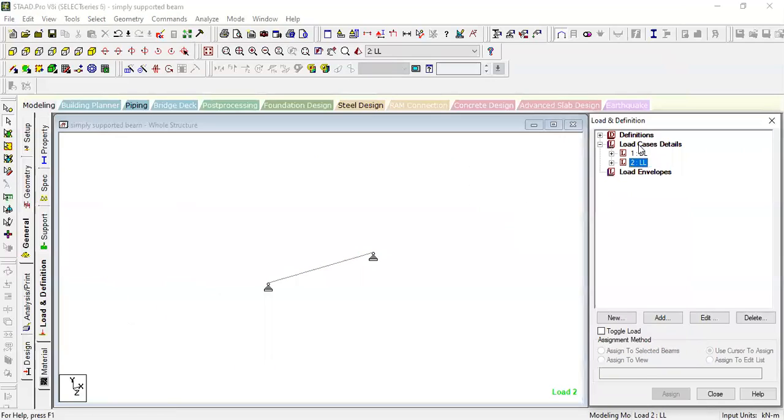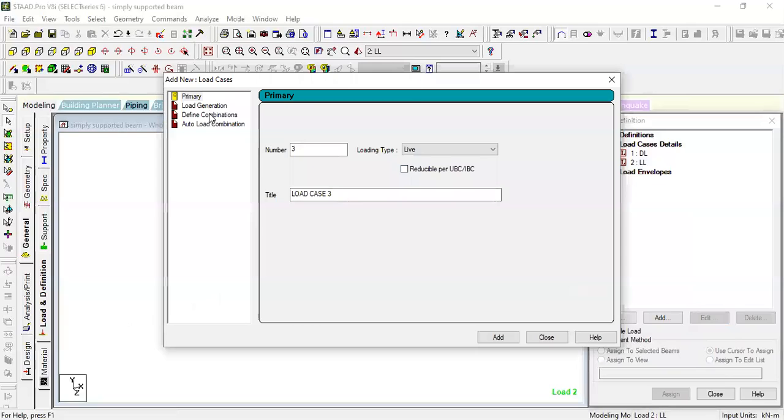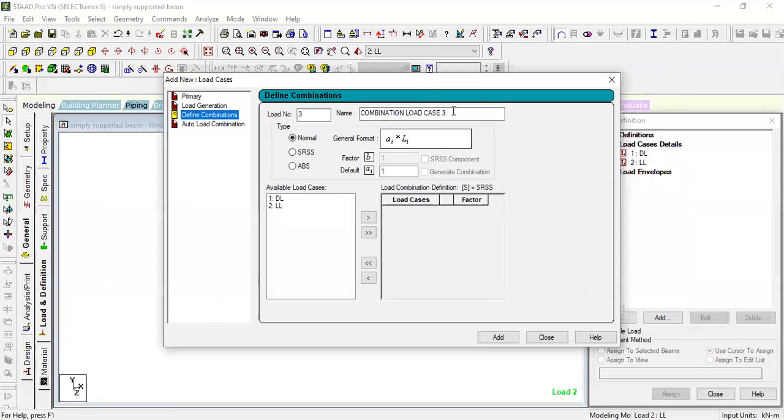Okay, next click on this load case details, go to add. Here define combinations is there, load combinations. This is for load combination. First load combination, let us take it as dead load plus live load. Select this one, make sure that the factor is 1, and live load also, select this one with factor 1.